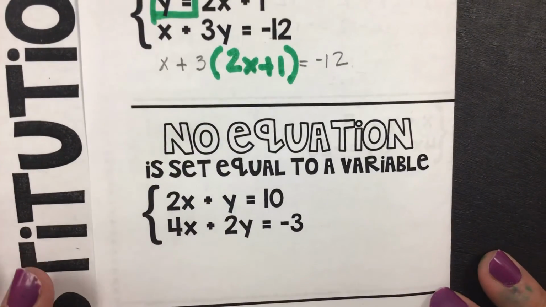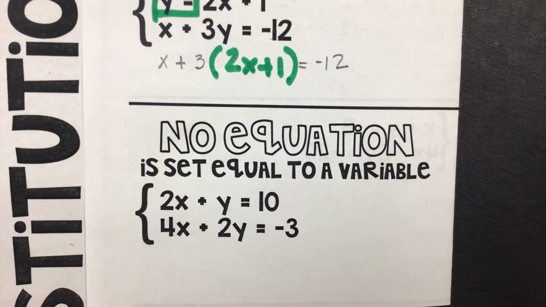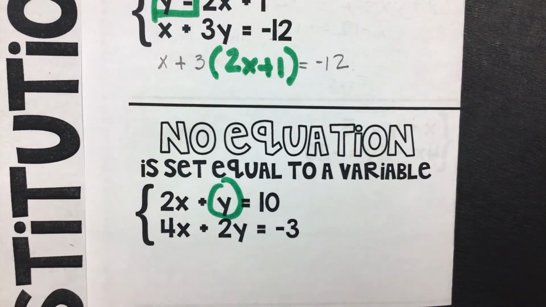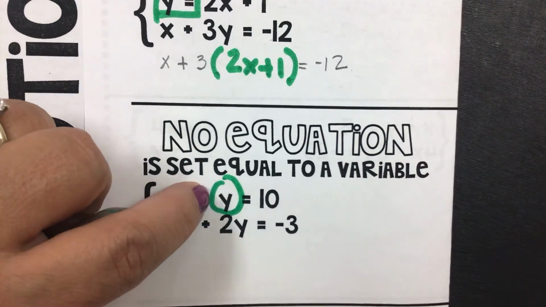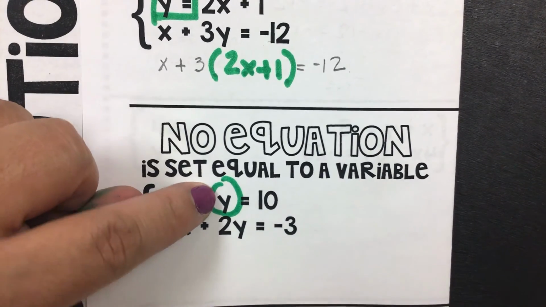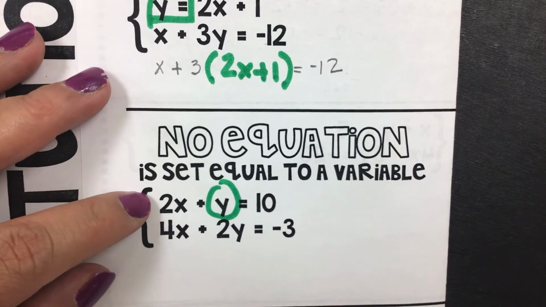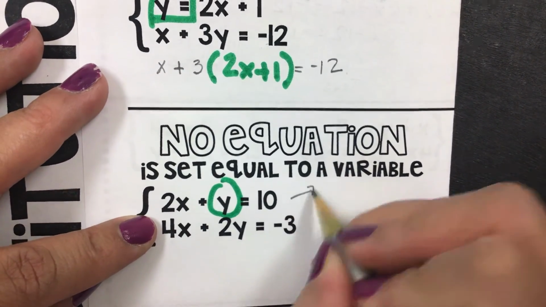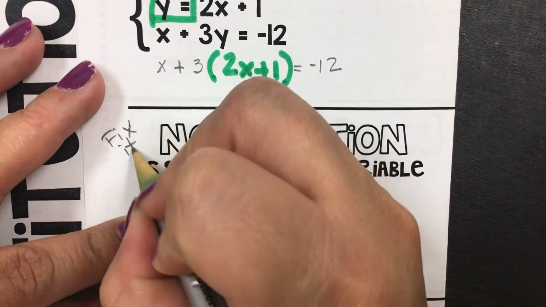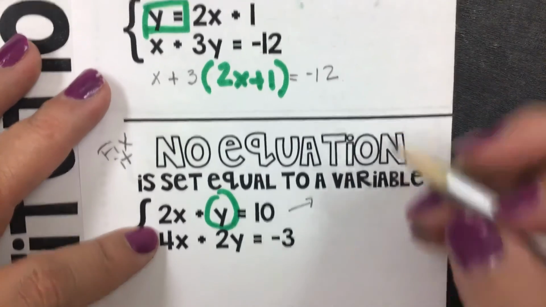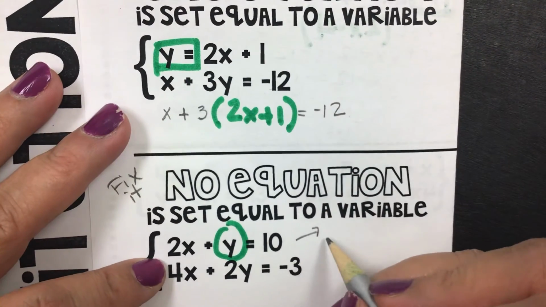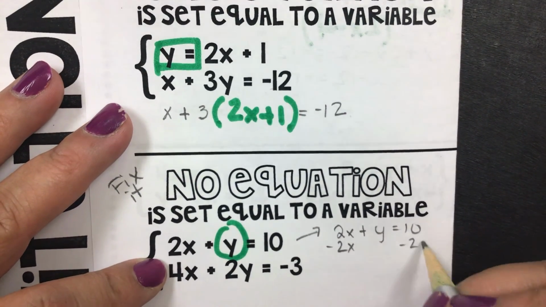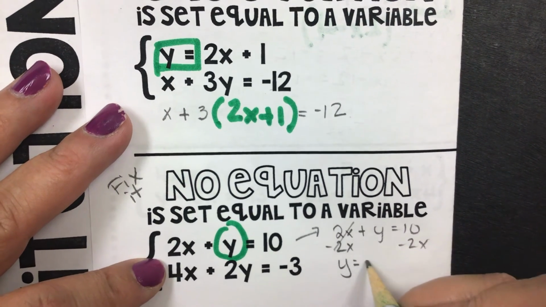So what happens if no equations are set equal to a variable? What you want to do is solve for one. I'm going to circle this y because it doesn't have a coefficient. That means a number in the front of it. So that's the one that would be the easiest to solve for. It doesn't matter if it's x, it doesn't matter if it's y. It wouldn't matter if it's the first equation or the second equation. So let's fix this. We have to fix one of these equations so that one of the variables is solved for. So we're going to have 2x plus y is equal to 10. And just subtracting the 2x from both sides is going to give you y is equal to negative 2x plus